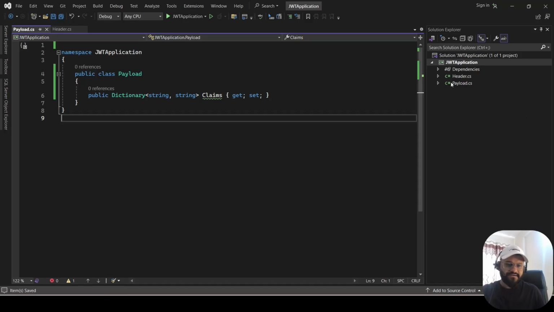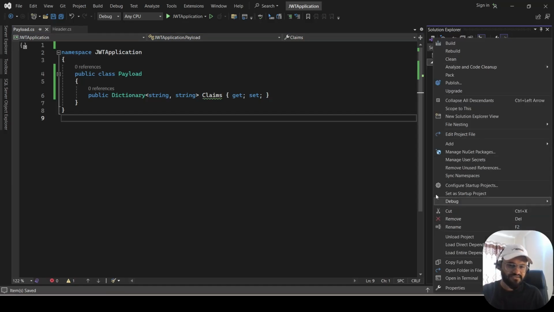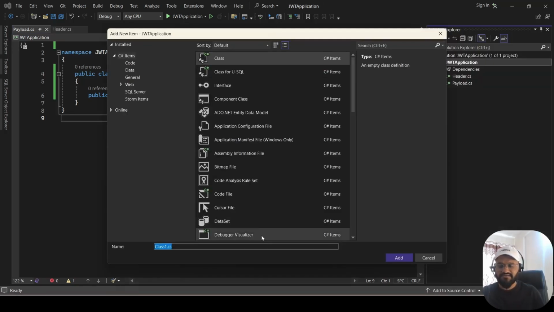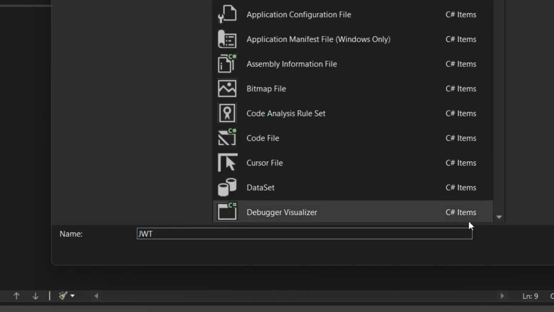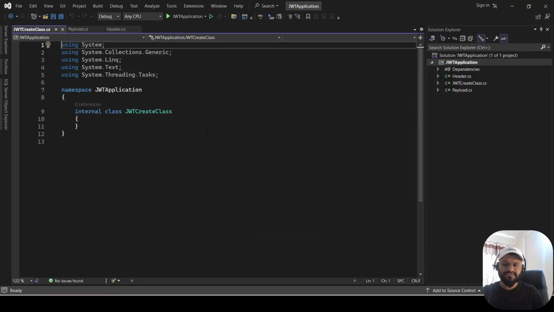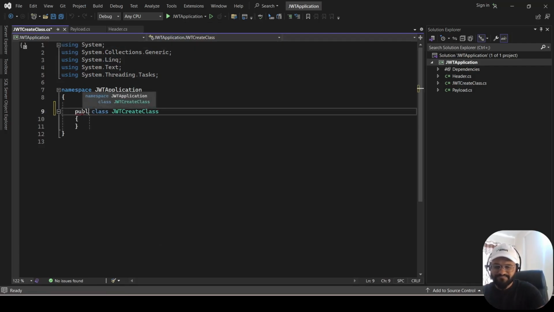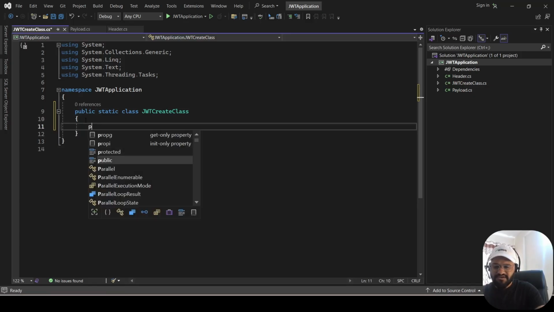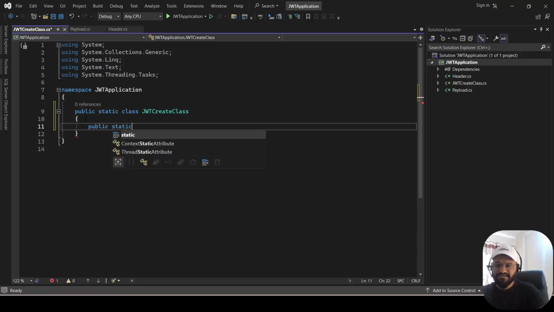And we can create one more class where we'll be actually building the logic to create JWT. So let's create a class and name it JWT create class.cs. We are going to have some methods here which will be used to create JWT. Let's make it public, and let's make this a static class. Let's create a method called public static. Return type is going to be a string, and the method name is going to be generate